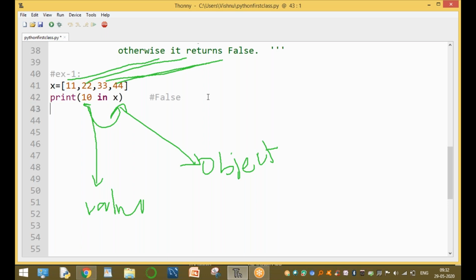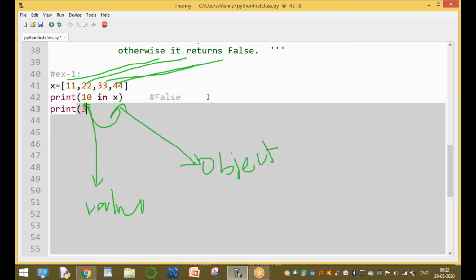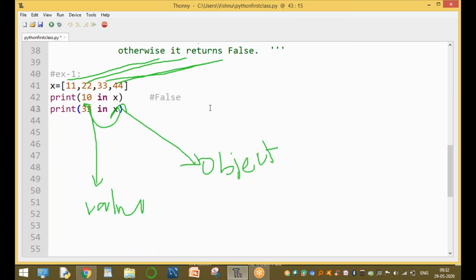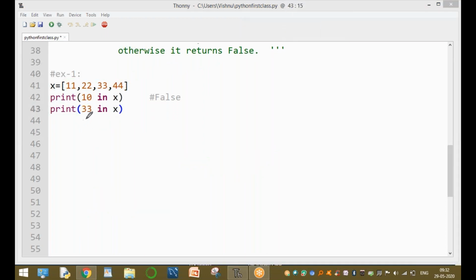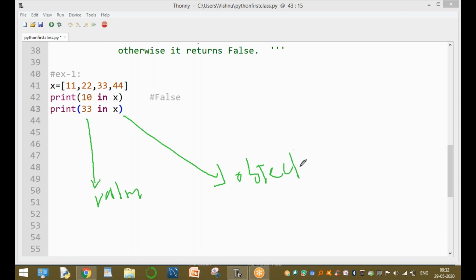Clear, guys? For example, print of 33 in x. Here, what is 33, sir? 33 is a value, and x is an object. Is this value present or not in x?